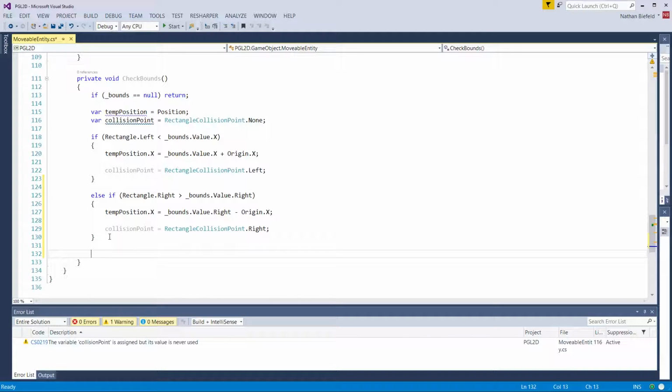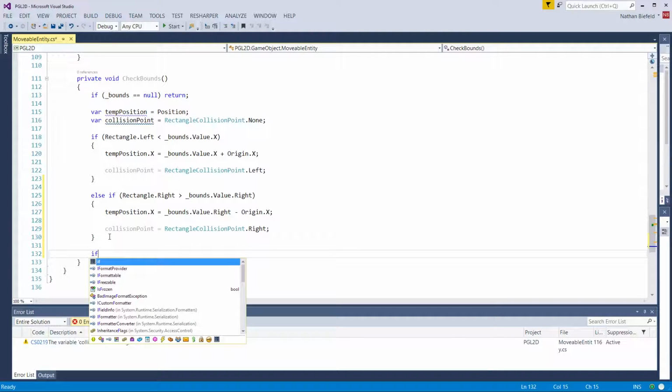Now, we can't have both a left and a right collision at the same time, but we can have a left top, left bottom, right top, or right bottom. So what we're going to do here is check the top and bottom, but we're going to combine it if we have a left or right collision. If